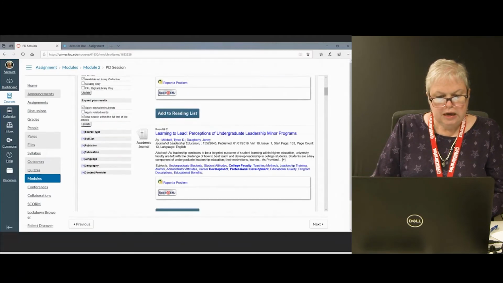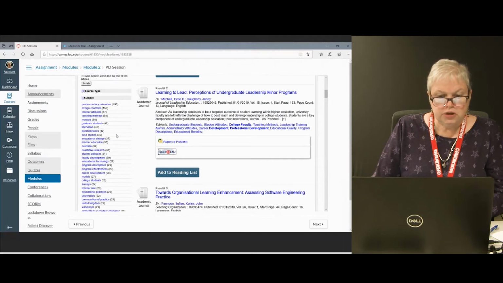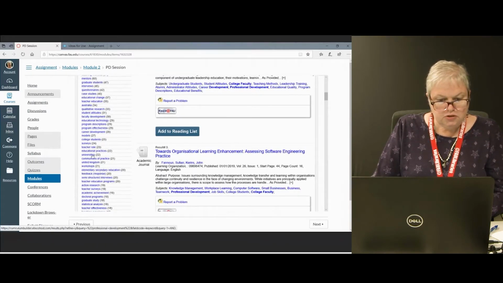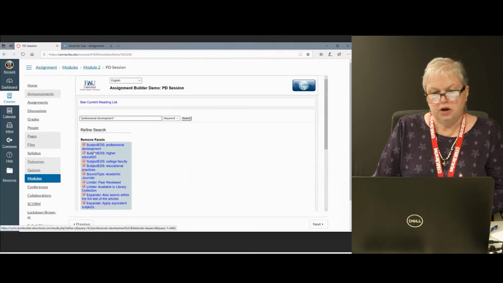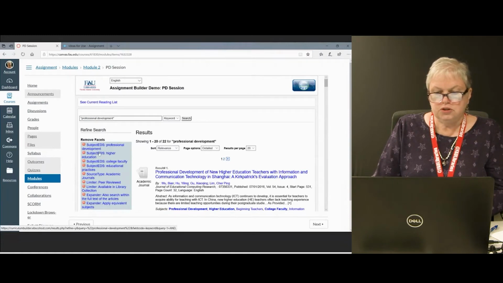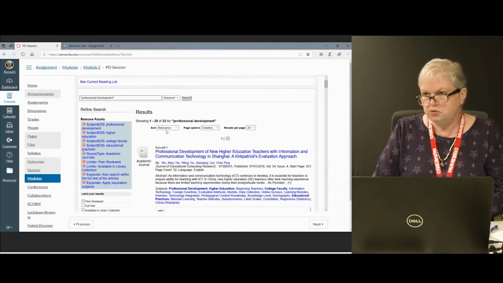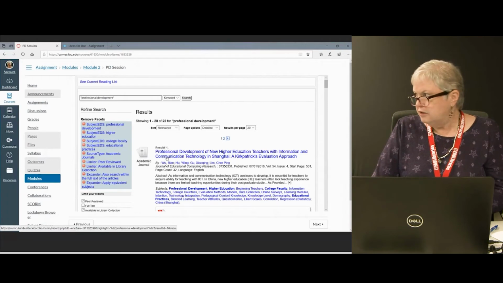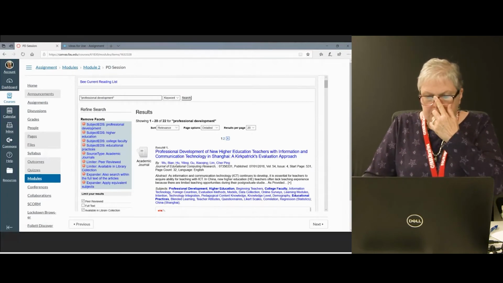That's really nice. I might take a look at subject again and see if there was something in particular that I was looking for, whether it was teaching methods or attitudes. You'll notice the larger numbers going down to smaller numbers. So maybe it's going to be educational practices. And I'm doing a class where I want to work with students so that they know about professional development for college and educational practices related to it. I'm down to 22. I usually like to get about 40, so I narrowed it maybe a bit too much,